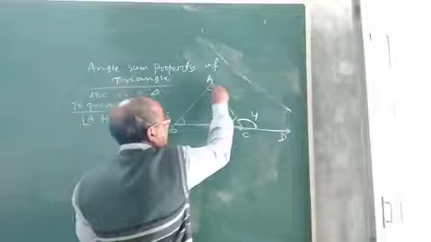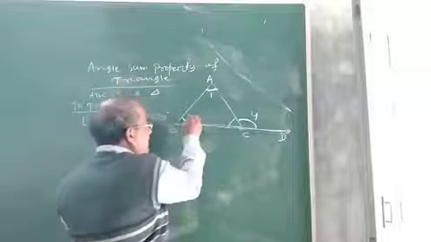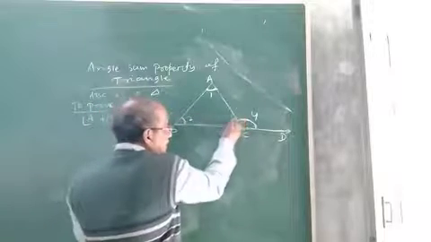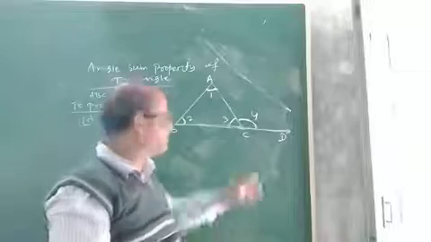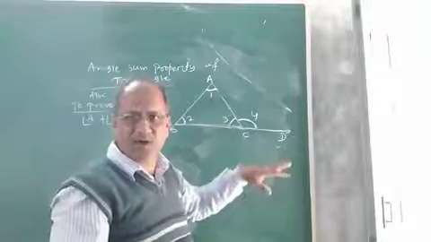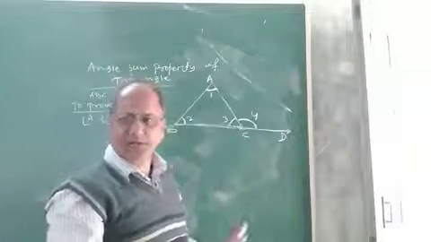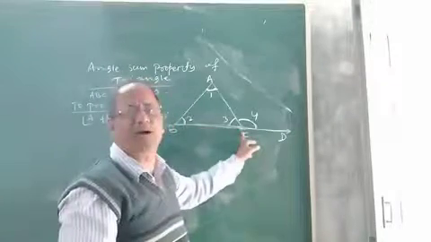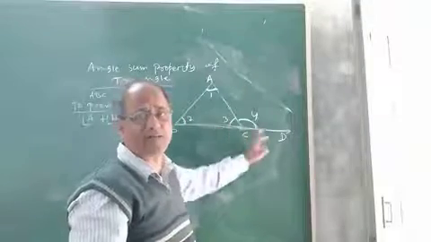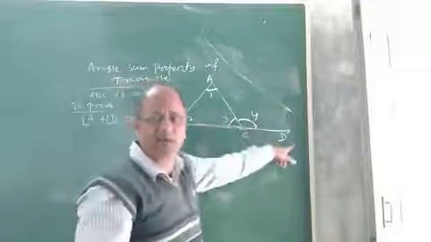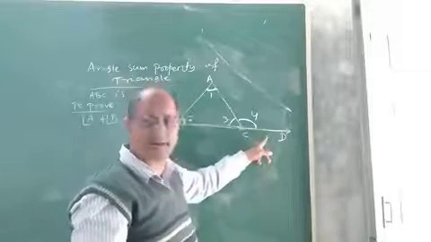Similarly, this interior angle A, let us denote it by 1. This interior angle B, let us denote it by 2. Interior angle C, ACB, let us denote it by 3. These are numbers which usually denote the angles. Now see, this is the construction. So what construction did we do? We just extended or produced one of the sides, say BC up to D, and by extending BC up to D, we got an exterior angle 4.